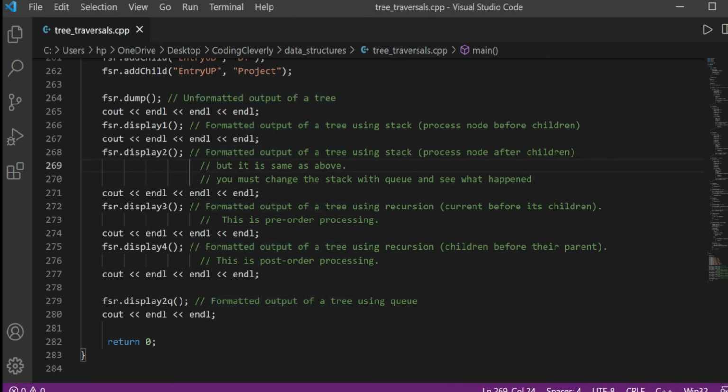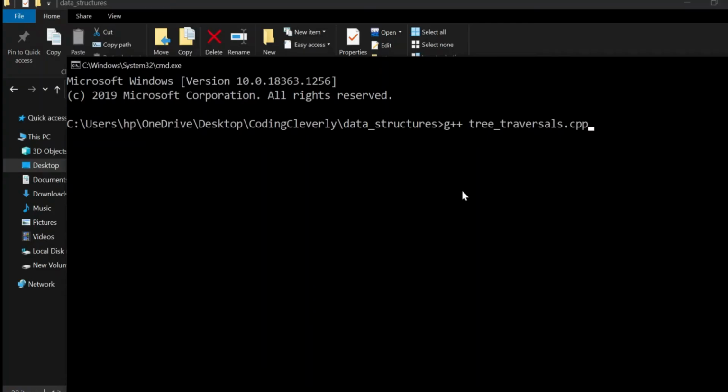So you can see over here, this is pre-order traversal. Display 3 is going to be showing that, and display 4 is going to be showing post-order traversal. So pre-order and post-order, and then we have the in-order, which is going to be over here somewhere, and then we have the regular one. Now just run the code,